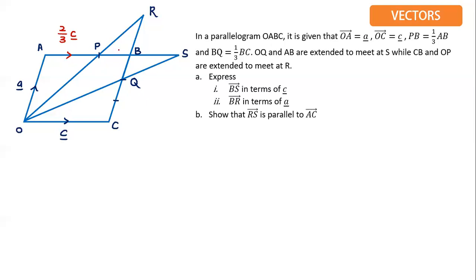This part is just taking only 1 portion, right? Only one out of 3. So I'm going to label here as like this, I put it outside, easy for you to see. So it's 1 over 3 C. Done. Got it?